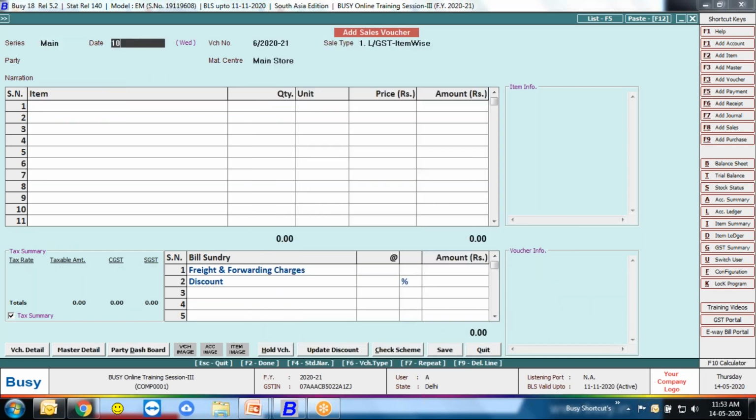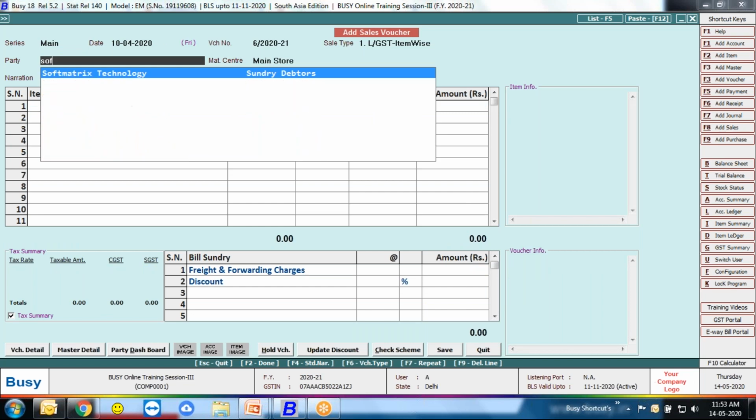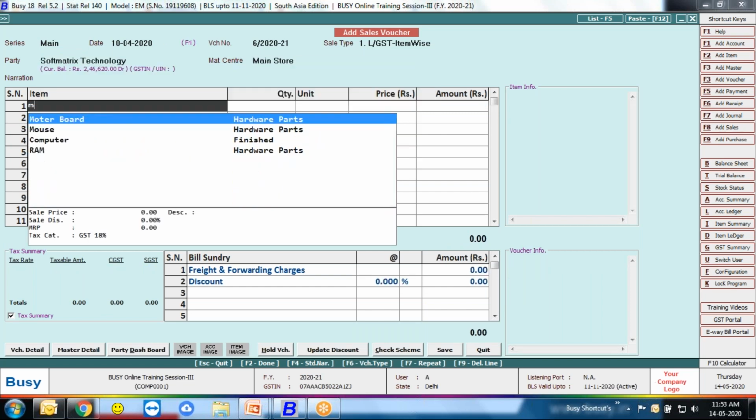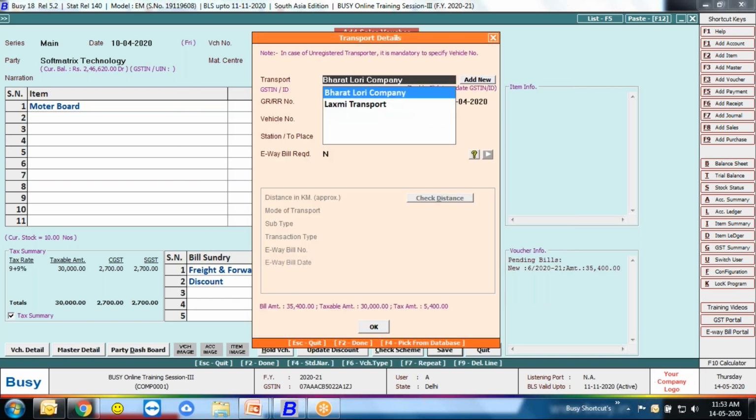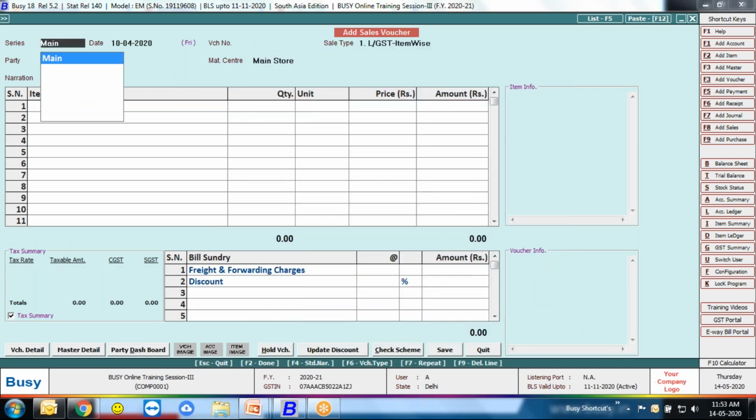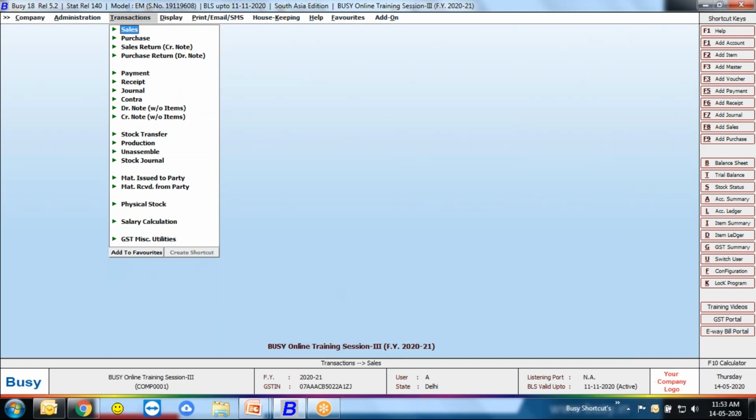And next I'm creating another bill, still the same Soft Matrix, and I sell him motherboard 4 pieces at 7500. Okay, so as you all see, we generated 3 transactions.